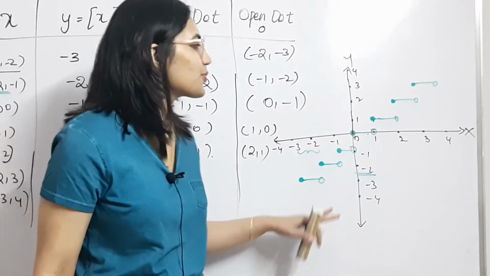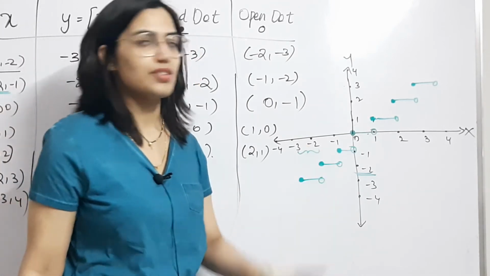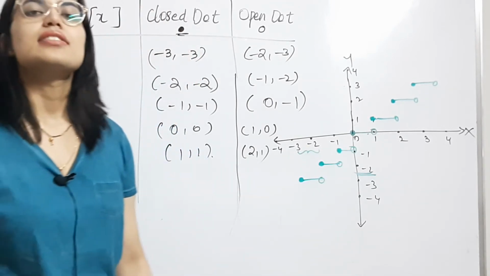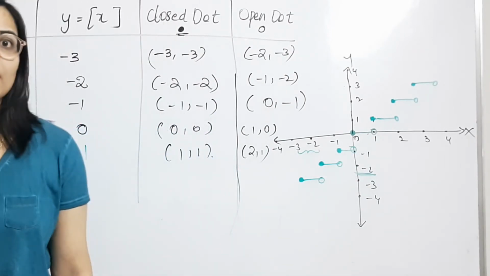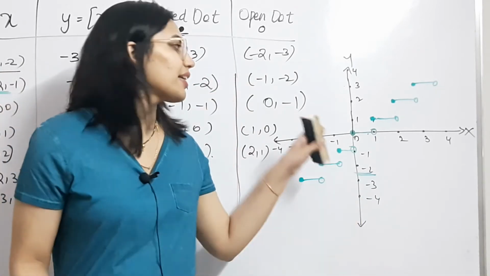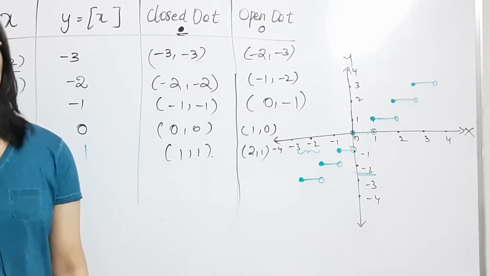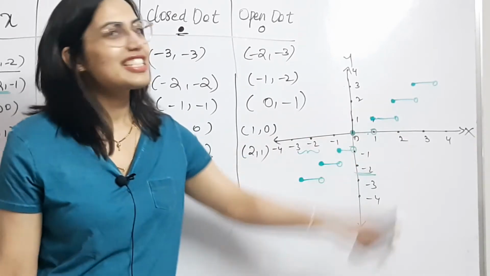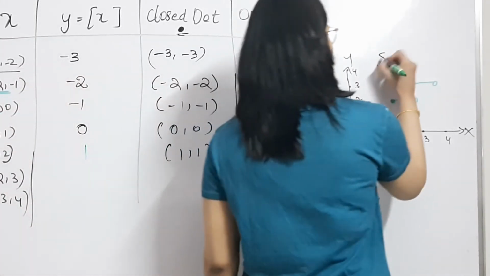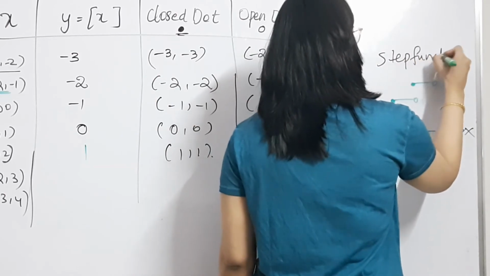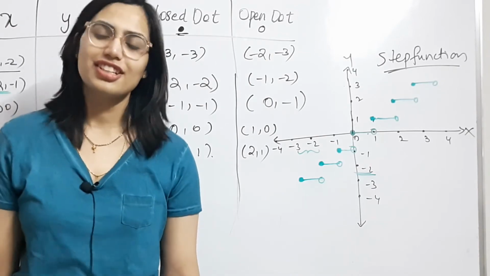If you understand this, it is extremely easy, but you need to know how this graph is different from other graphs. That is the only thing that you need to keep in mind in order to draw this graph. And let me tell you, all the difficult problems associated with this topic are around graphs. So you need to understand how to draw the greatest integer function graph. Okay, now you understood why it's called a step function, because it's like a staircase. That's why it's called a step function. Okay, so this is how you draw the greatest integer function graphs.